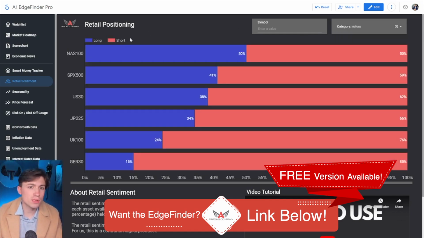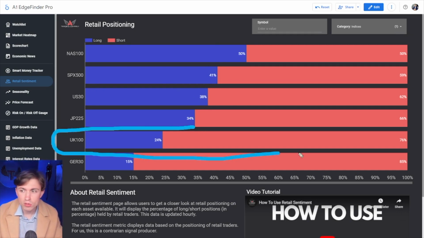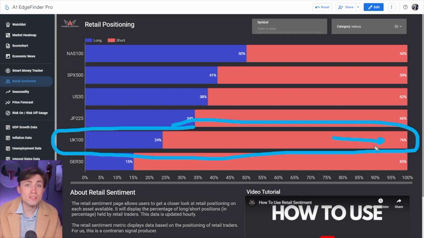So if we wanted to pull up something like the NASDAQ or the US 30, we can see what the retail traders are doing with those particular assets and how that information might help us. It might help us to avoid some of the very crowded trades. Like for example, if you were trading UK 100 and you noticed, well, oh gosh, I don't want to be